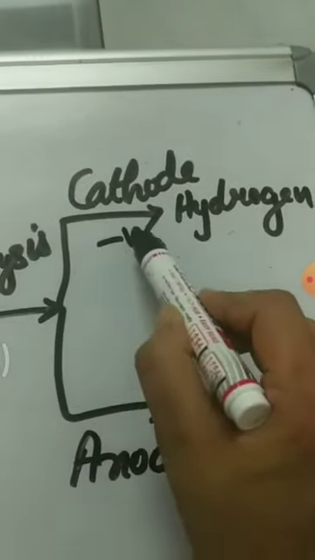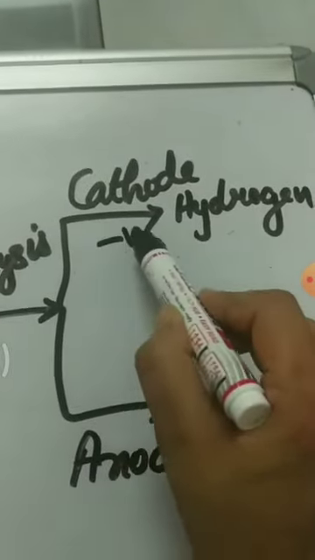Thermal decomposition. Splitting of compound in the simpler form when we heat it. Due to the heat, the splitting of compound in simpler substance, we call it as thermal decomposition. Chalk. What is the name of chalk? Calcium carbonate, CaCO3. So which elements are present in calcium carbonate? Calcium, carbon and oxygen.